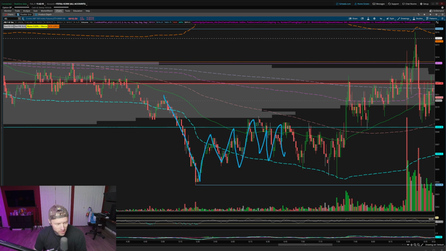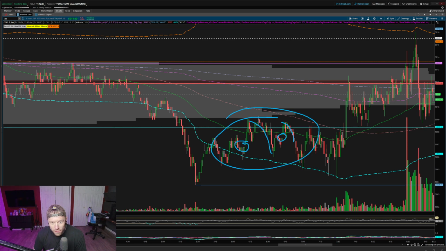But then I saw it kind of start stalling out here a little bit. I'm like, okay, it's going to wait for data. Here's jobs data, right? So data came out and I'm like, okay, we'll just trade the long after data. Here's a gap, came back down and filled that one. Here's a gap, came back down and filled that one. So these ES gaps love fills.